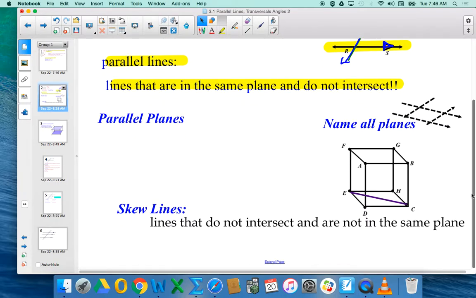So once again, in order to be parallel lines, they have to be in the same plane and they do not intersect. Skew lines are lines that do not intersect and are not in the same plane. So looking at this picture, this box,